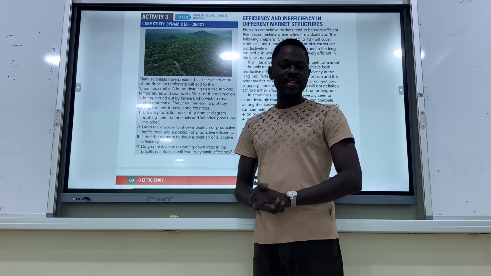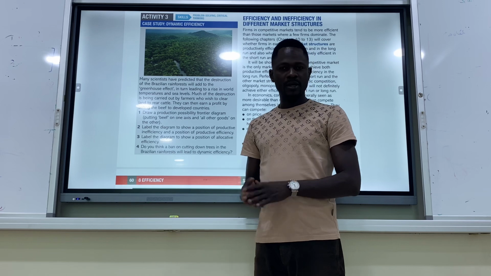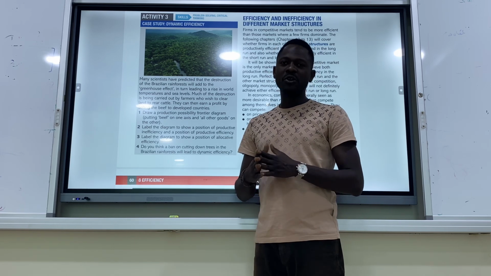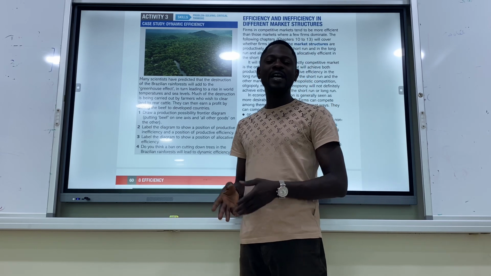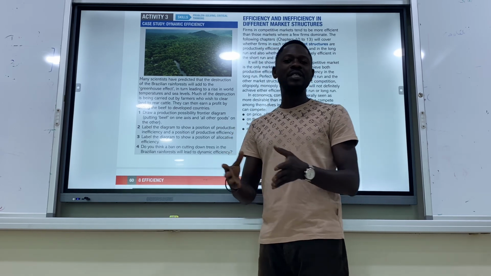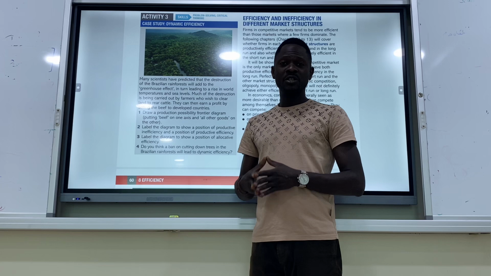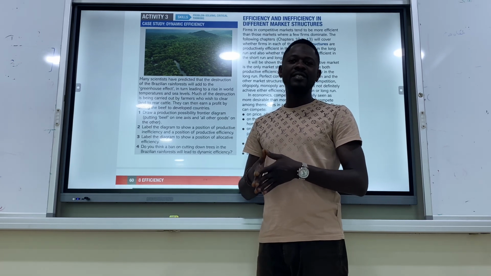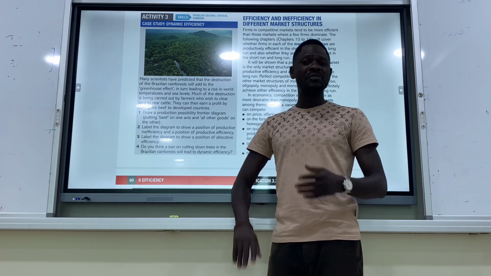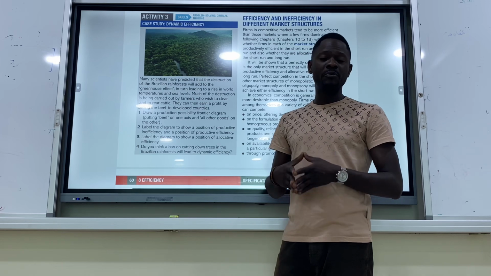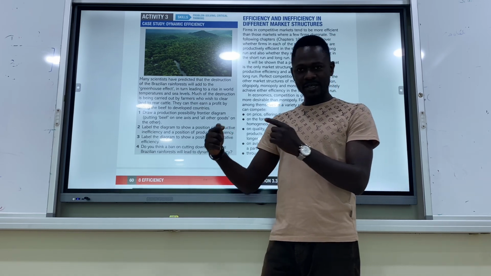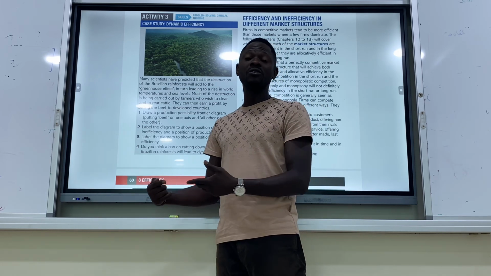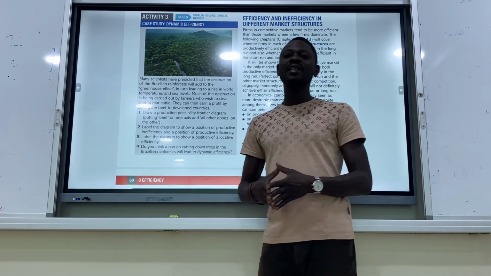This is economics A level. We are rounding up on efficiency. We've talked about productive efficiency, which means firms are able to produce at a reduced cost. We've talked about allocative efficiency, which allows firms to maximize their welfare. We've talked about dynamic efficiency, which allows consumers to maximize their welfare in the present and in the future, as a result of firms being able to invest in the future.